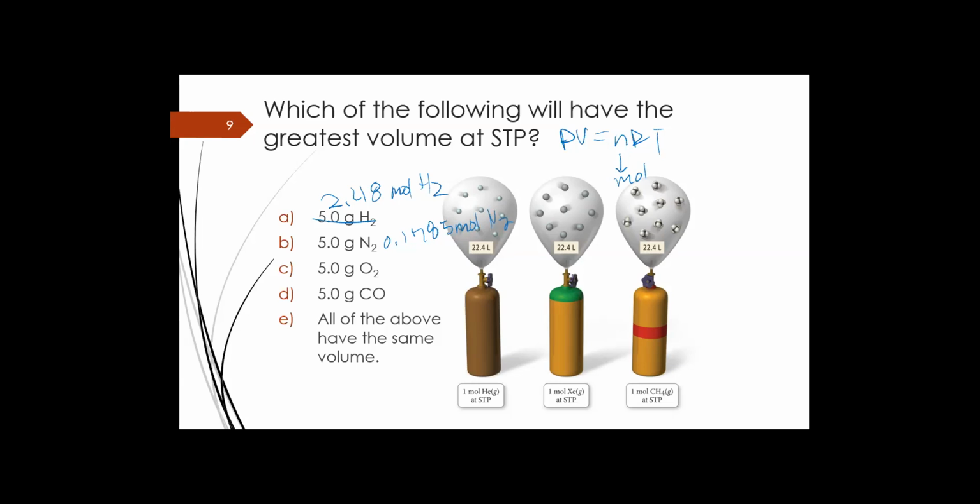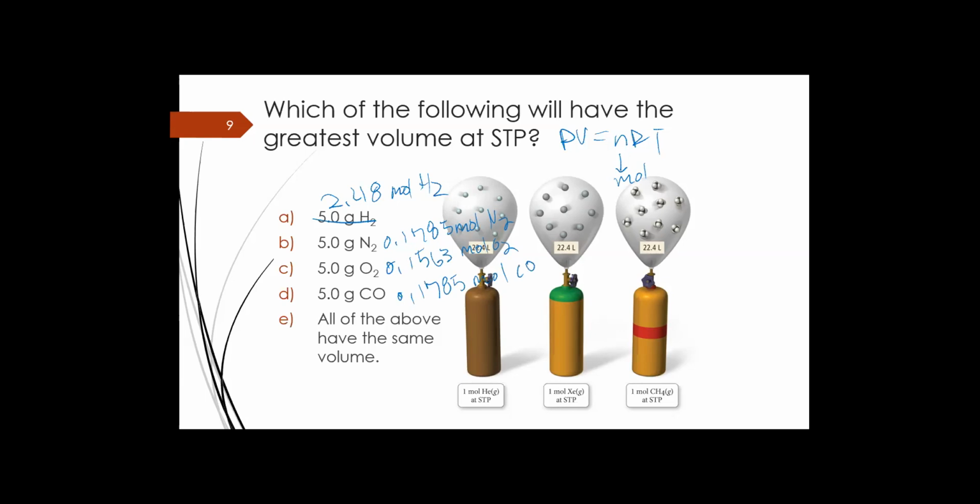O2 gives us 0.1563 moles. And carbon monoxide gives us 0.1785 moles. So if it's asking us which of these will have a greater volume, we want to think, well,